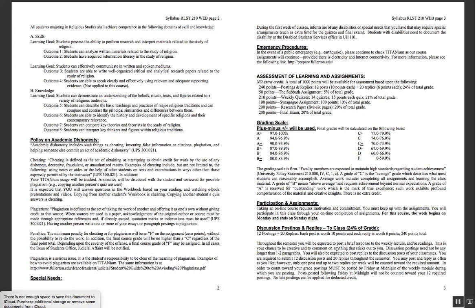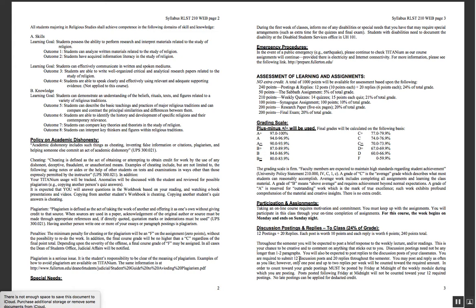Now there's also replies as well, forum replies. So you'll be asked to reply to the postings of someone else in the section that is posted. You'll get on there and you'll post a reply and a response. Now the replies don't have to be as long. There's no real limit. It can be a sentence or two, but just something reacting to what someone else is saying. Do you agree? Do you disagree? Does that prompt some other thought that you have? So anyways, you have to do a total of 20 replies during the semester. So I'll let you do the math and figure out how many you need to do each week. But the bottom line is you have to do 12 postings and 20 replies throughout the semester.